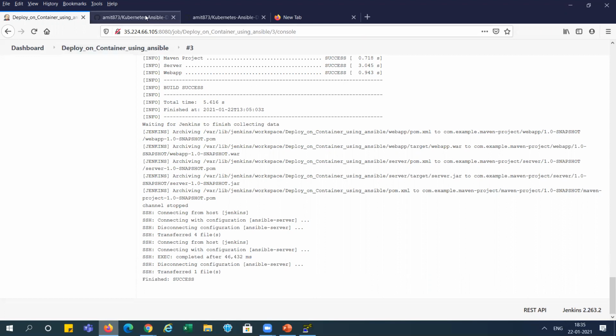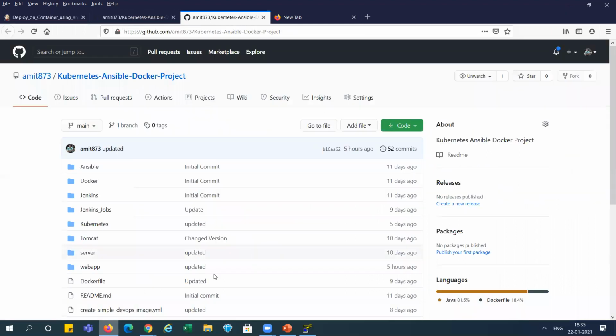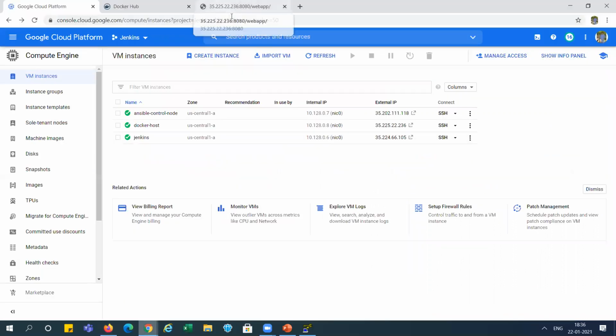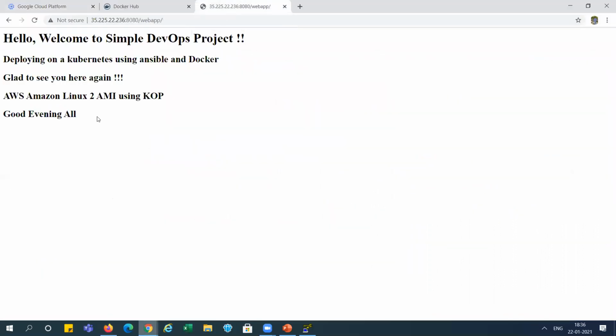So I think we have run our application here. You can see this one, right? So we have changed AWS. Instead of AWS, we have added GCP, right? Ubuntu instance. Let's check. I'm just reloading the page. You can see it is updated over here. We have where we added, right? It is updated automatically.